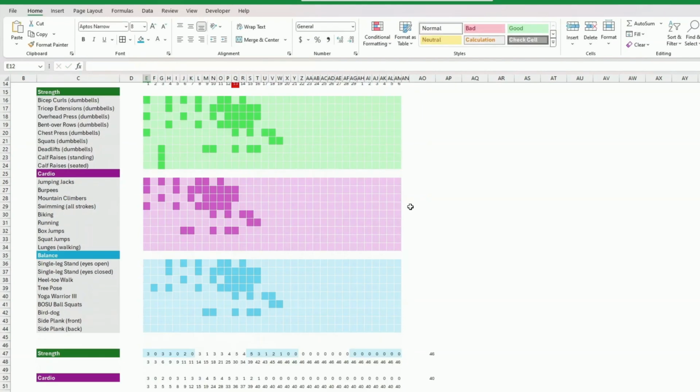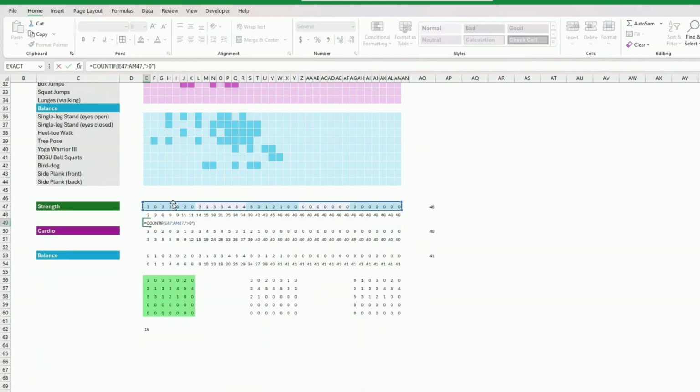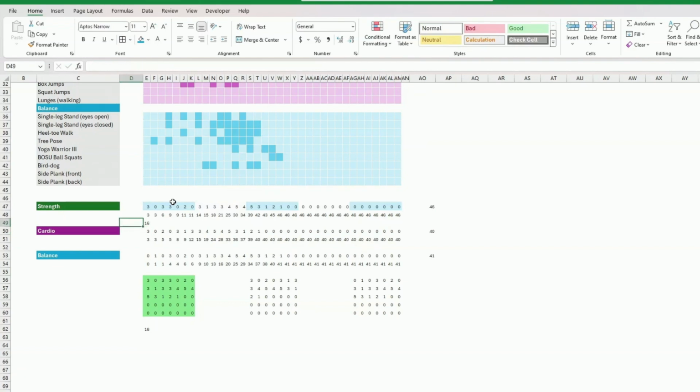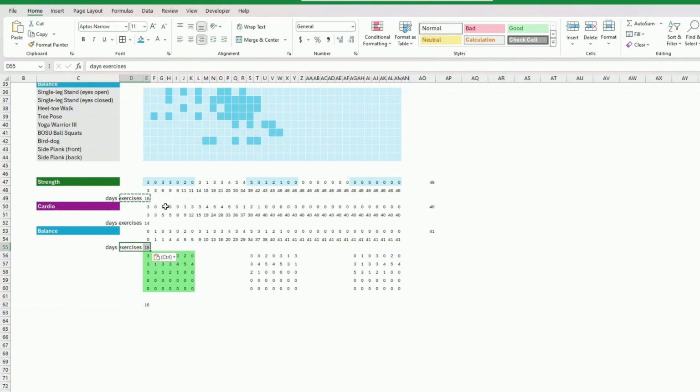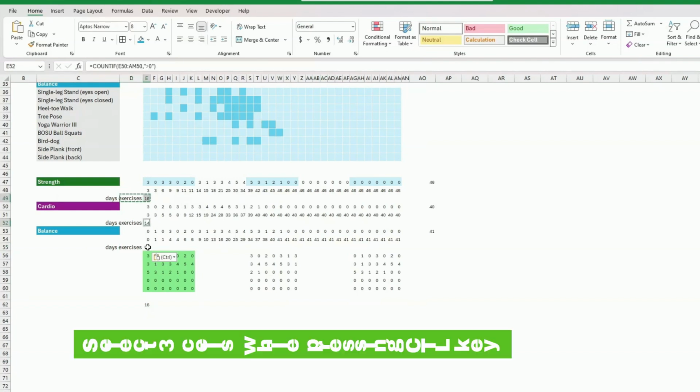And I'm going to put it somewhere. So COUNTIF 16 days exercises. You have 16 days here. I'm just going to put it again here and here. So now we have 16, 14, and 15. So that agrees with this, and I just want to put this as a chart. So I'm just going to remove this because it's a little bit confusing at the moment. Okay, I'm just going to click on 16, 14, and 15,